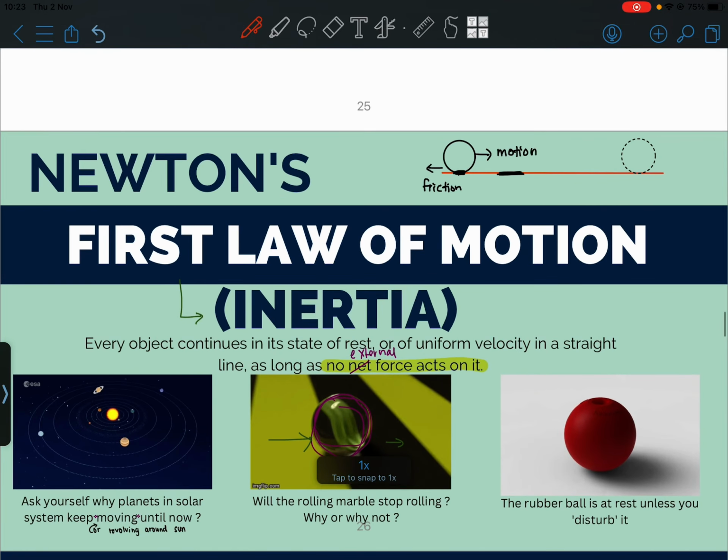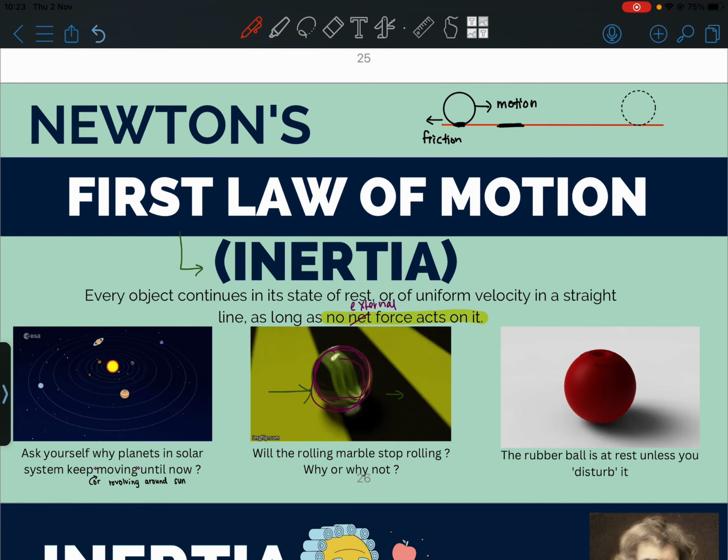So we come into Newton's laws. We have the first law of motion, we have a second and also third. So I will explain what the first law is. The first law is actually inertia. You can read the definition over there: an object will continue its state of motion or state of rest,